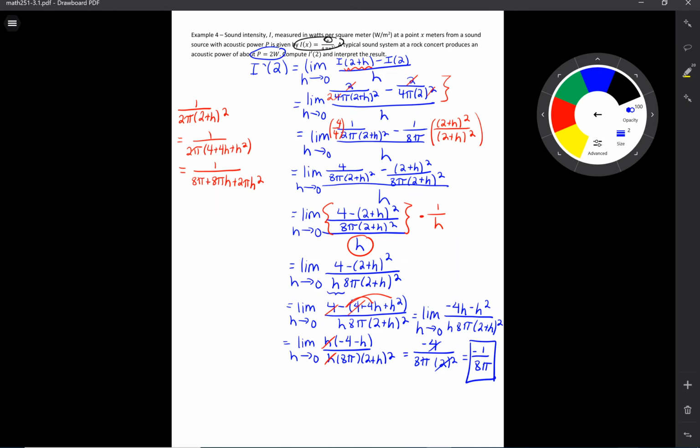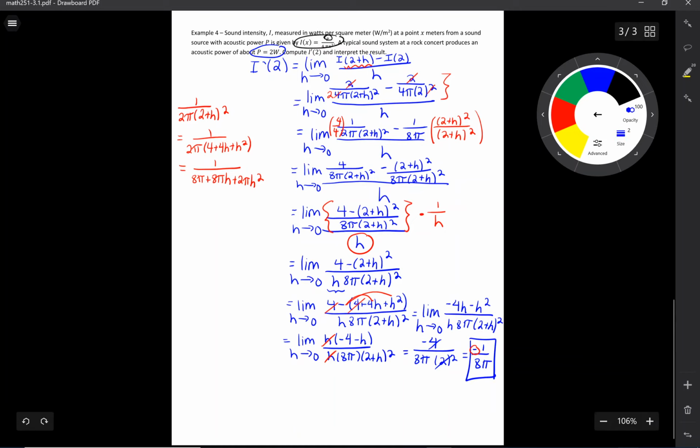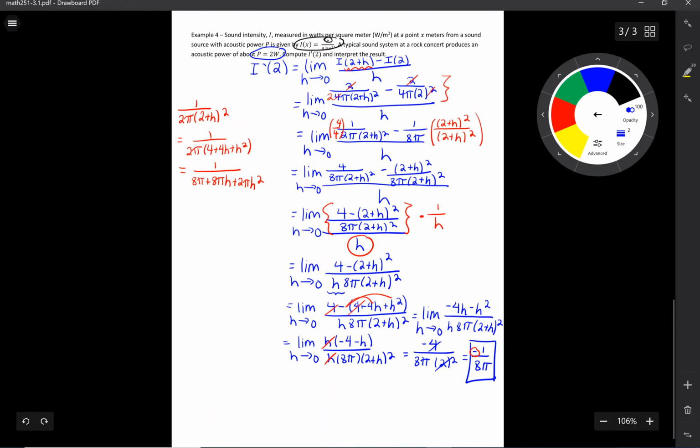So what does this mean in the context of this problem? Again, we're talking about sound intensity, and this function I is giving me my sound intensity at a certain point x meters from a sound source with a certain acoustic power. Well, this negative here tells me that the intensity is decreasing. So what this means in the context is the sound intensity